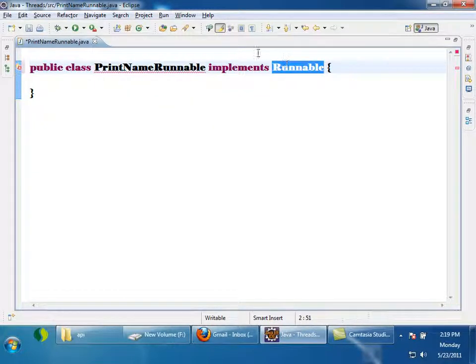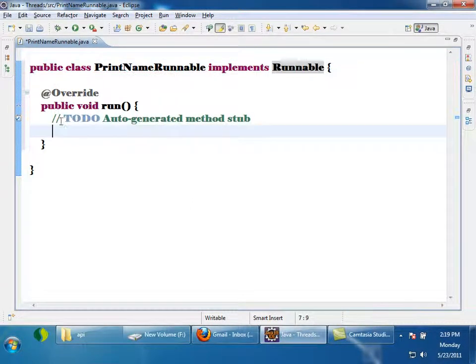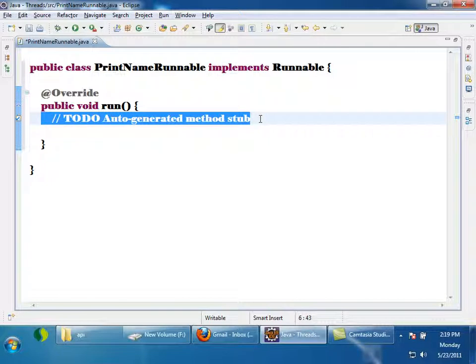In this Runnable interface there is one method. The method is run. We have to write a method called run. Inside this run method we have to write whatever the thread has to run.